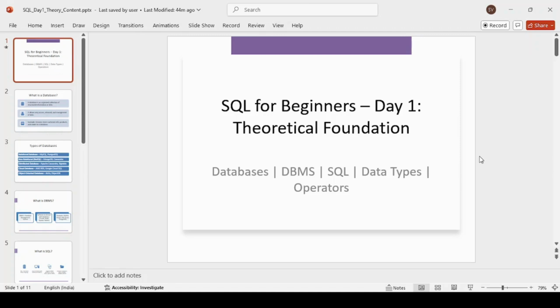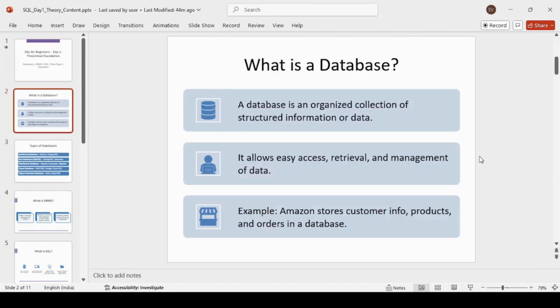So, let's start. So, what is a database? A database is an organized collection of structured information or data. It allows easy access, retrieval, and management of data. A database is a structured collection of data that can be easily accessed, managed, or updated. It is where you can store your data in a structured format, like